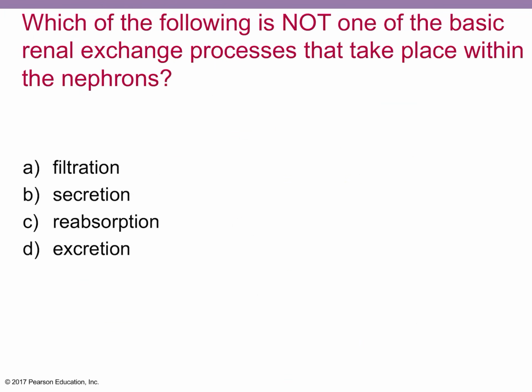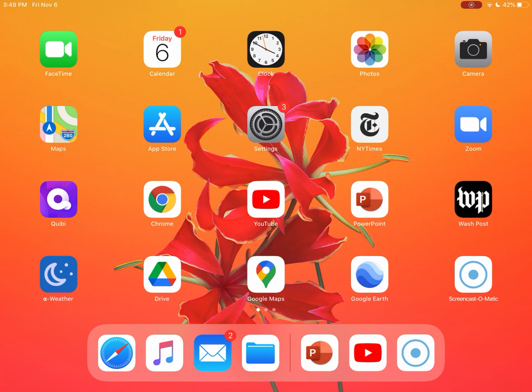Glucocorticoids is not. The rate at which a substance is excreted is known as what? That's going to be clearance. Which of the following is not one of the basic renal exchange processes that can take place within the nephron? Filtration is an exchange, secretion is an exchange, absorption